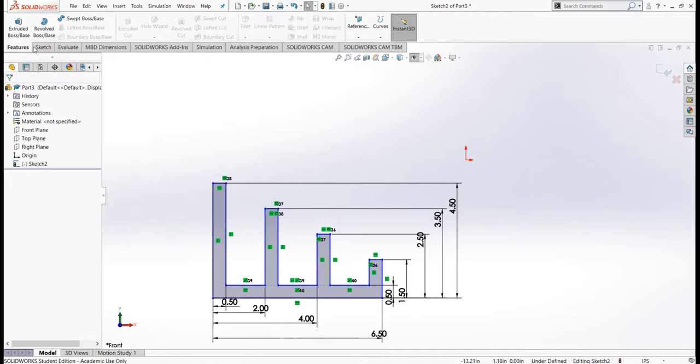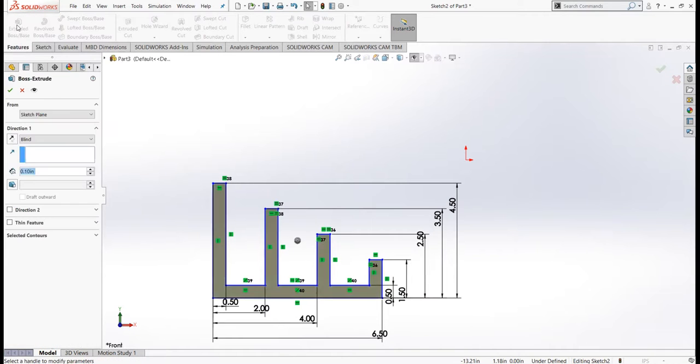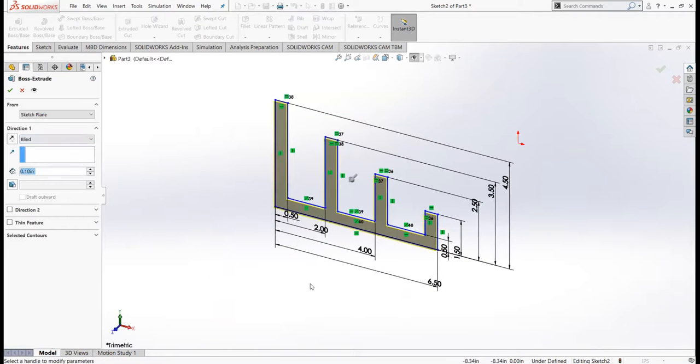You'll see new options over here. The one you want is extrude. So select extrude, and now you can see you have the ISO view. To give you a hint, SolidWorks will extrude your object slightly. You can select which direction you want to extrude your